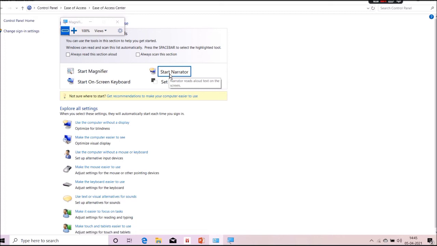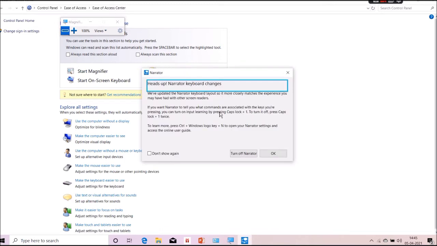Narrator reads aloud text on the screen. Whatever is there on the screen, it will read. That means you don't need to read, the narrator will start reading. If you click on narrator, it will start to read.